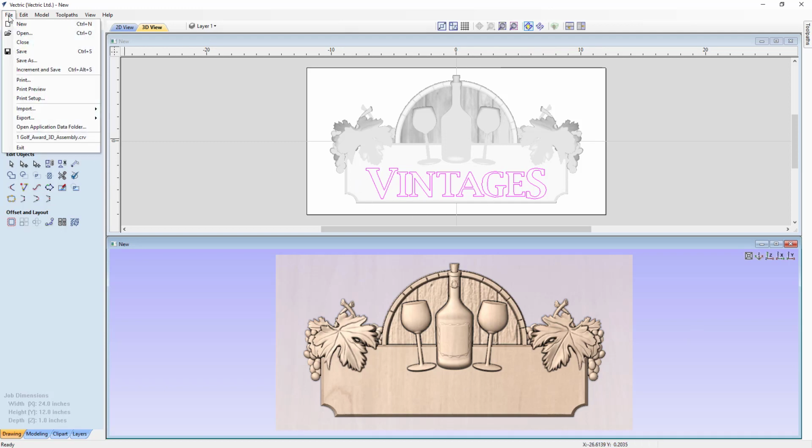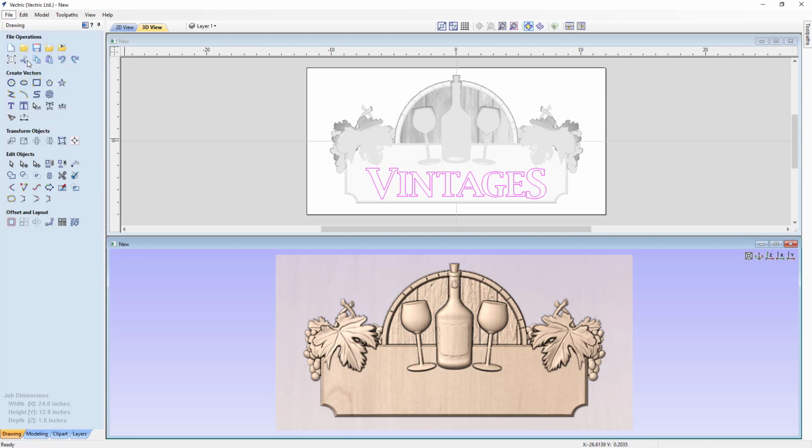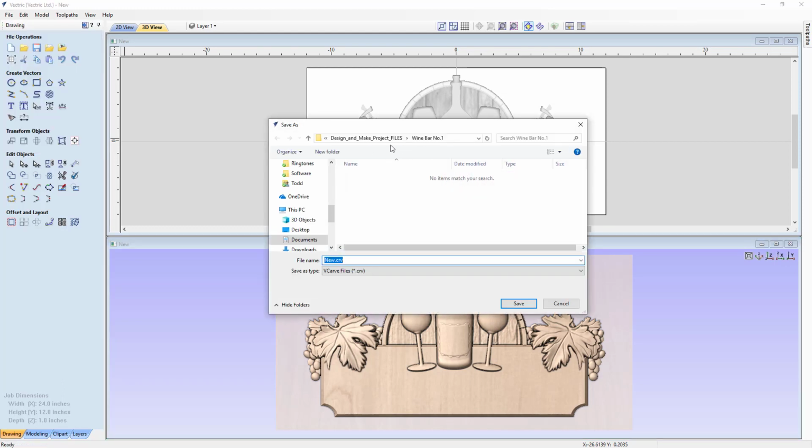So let's go File, and we're going to save this off into our tutorials folder. So we're going to go out of our wine bar number 1 into our project files, and we're going to save this off as design_ampersand_make_3D_assembly,